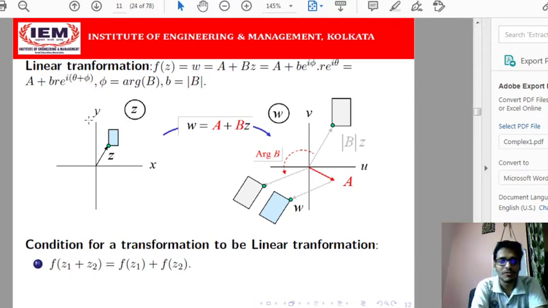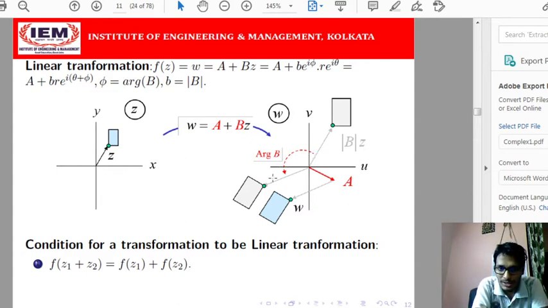Graphically you can visualize this. Here z is the input, and by virtue of the function f it is mapped to w, that is a plus bz. How do we get this? By combining magnification, rotation and translation. I have assumed that the modulus of b, the magnitude of b, is greater than 1. So it is magnified, and the length of bz has been increased. After that, it is rotated by an extra argument of b.